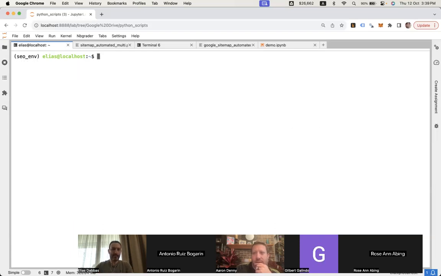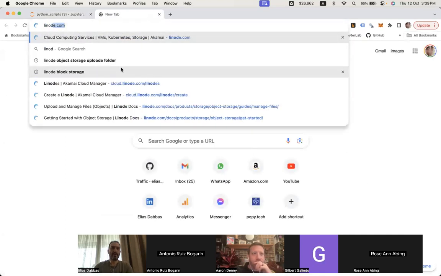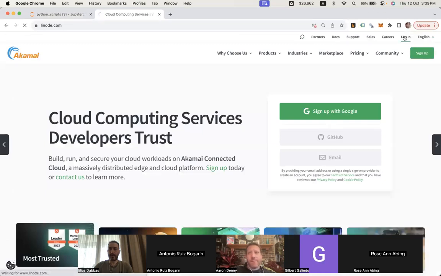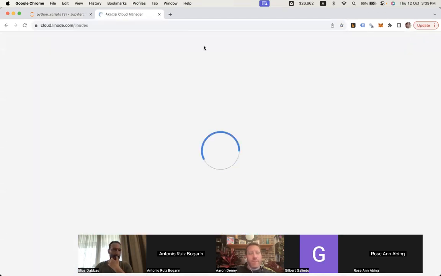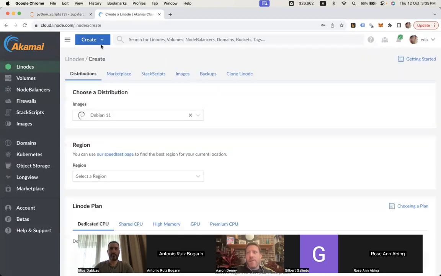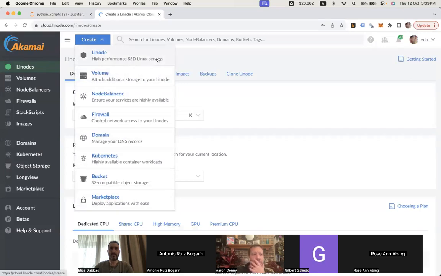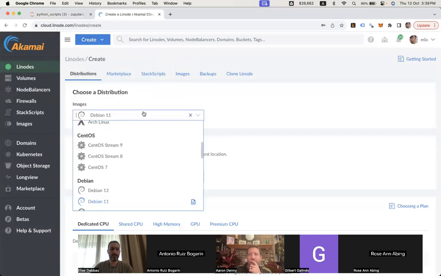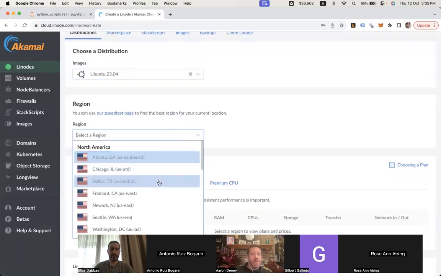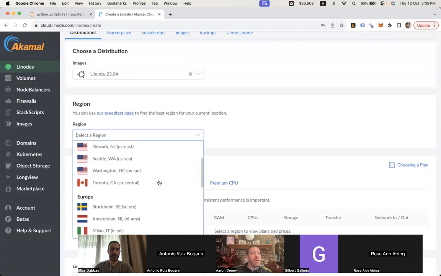So I just want to spend 2-3 minutes showing you how to create this server, because this was already set up for you. I use Linode, but you can use anything else. So you can go to linode.com, log in, and create. Linode is a Linux node, which is just an SSD server, a Linux server, okay? So you choose which operating system you want. I usually take Ubuntu,